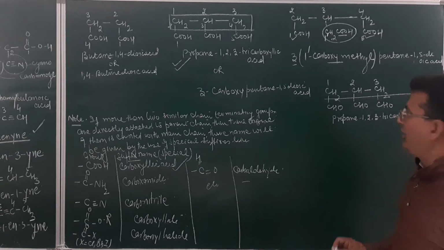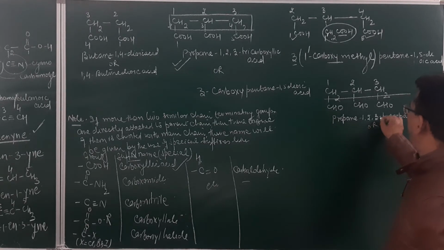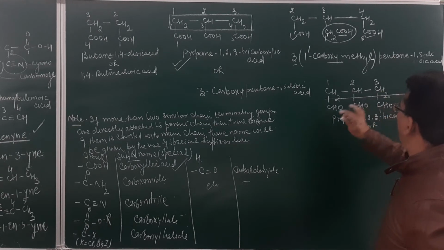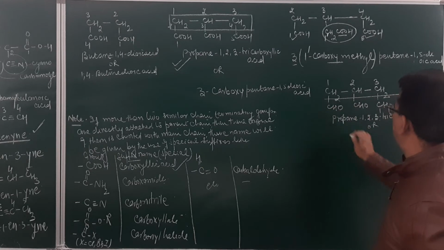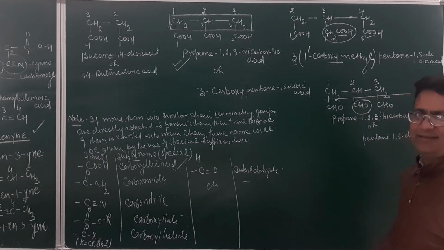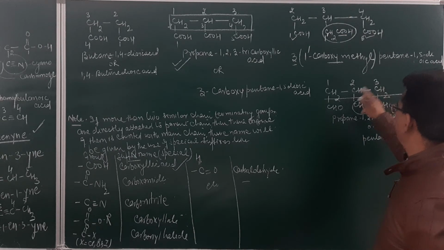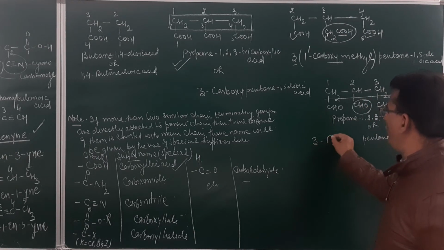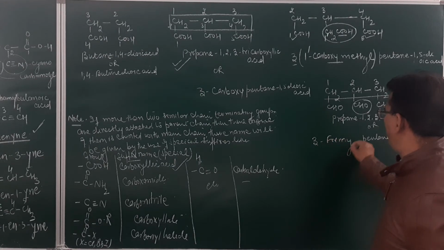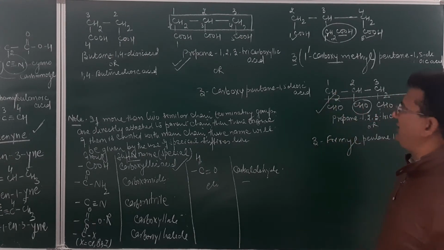Am I clear? Or, in the old system, this will be 1, 2, 3, 4, 5. This will be pentane 1,5-diol. And what is the suffix of this one? As per the seniority table, this is the 4-mile. At what number? This will be 1, 2, 3. So 3, 4-mile. This is an old system. Both are applicable. Nowadays you normally get this system. So 3, 4-mile pentane 1,5-diol.